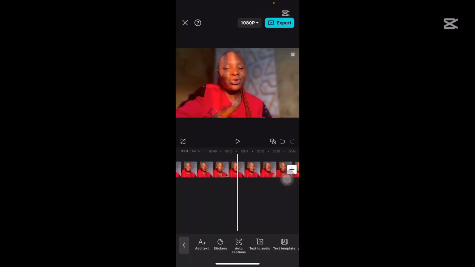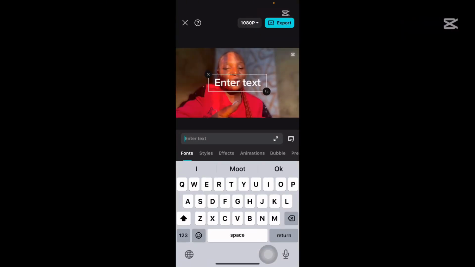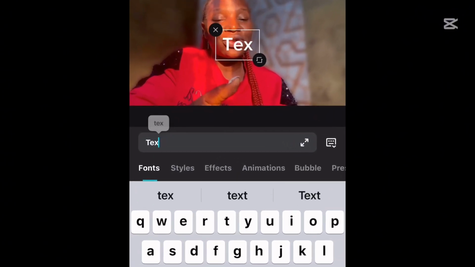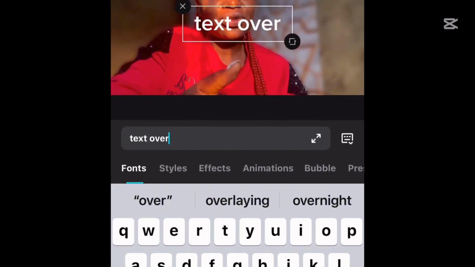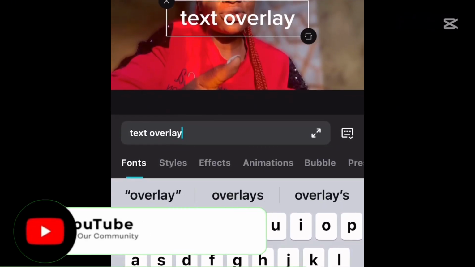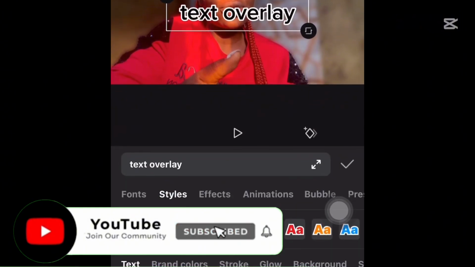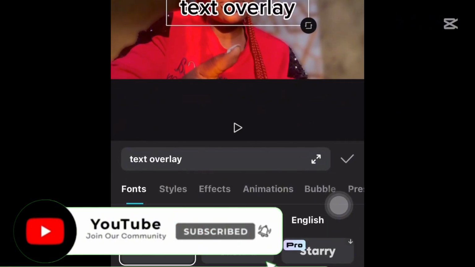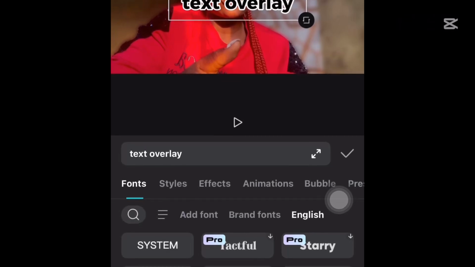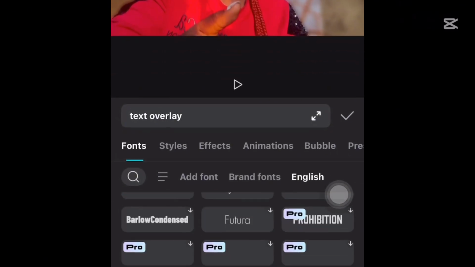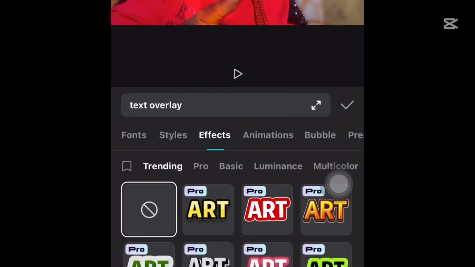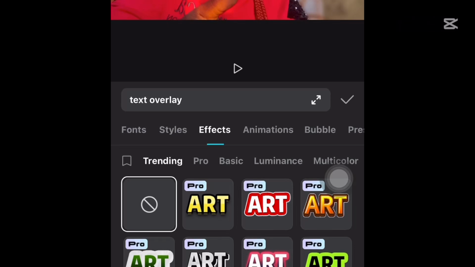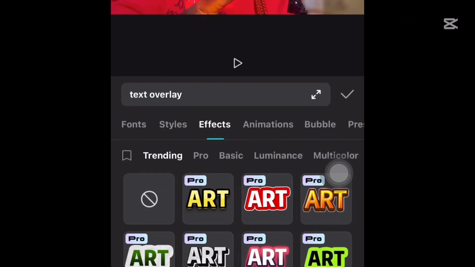Another headline, you can just add your text. For instance, text overlay. I'm talking about text overlay. I'm going to just write it down here, right? Overlay. So here we have the style, how you want your text to appear. I have the font. Yeah, we have a lot here. The ones in pro, the ones in free. We have the effects, how you want it to look like,